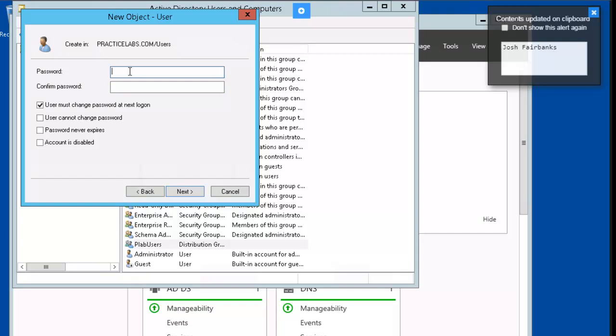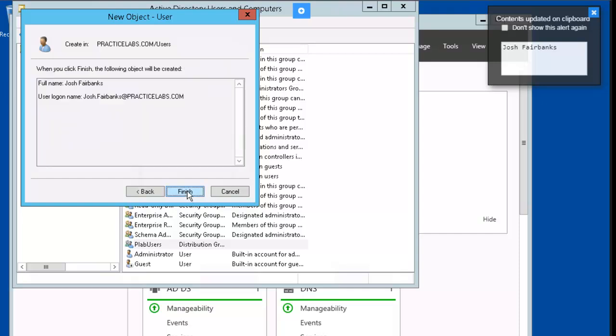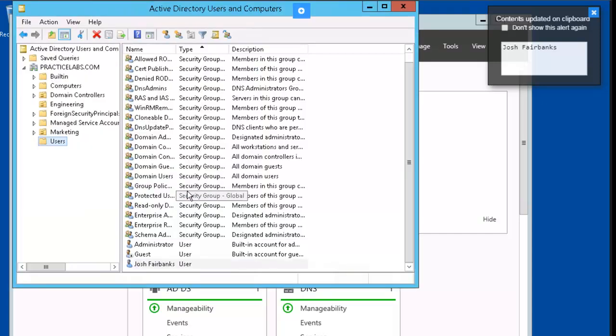His password is going to be password. And he doesn't need to change the password at the next login. And finish. So the next thing we're going to do is assign Josh privileges to manage passwords for users in